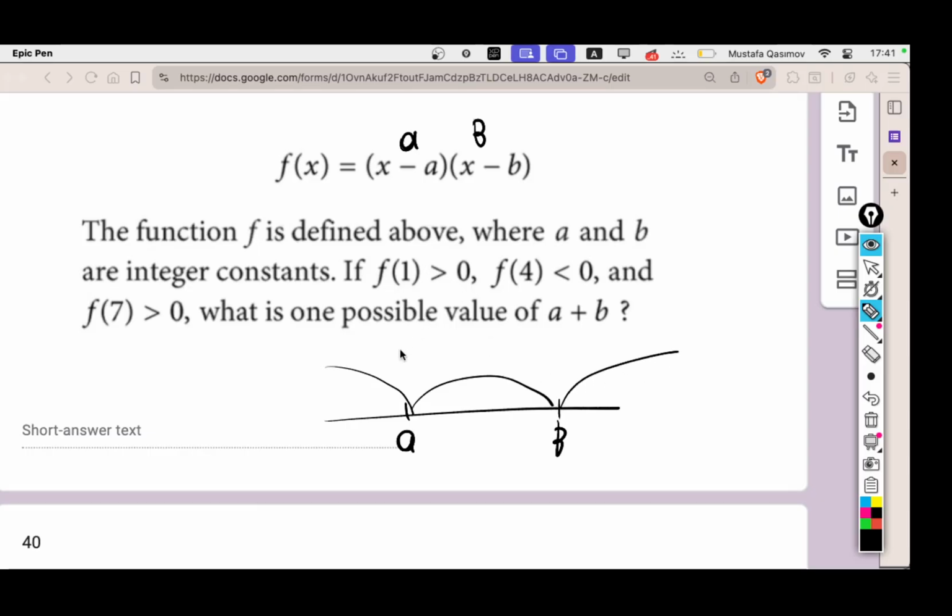F of 1 is greater than 0. So for this case, general, for interval method,